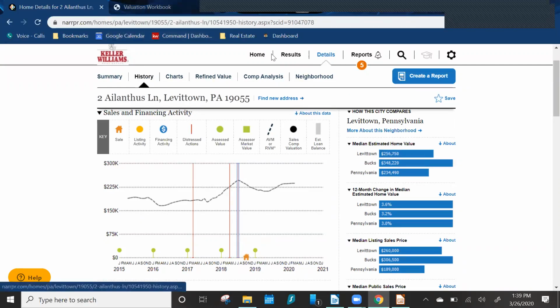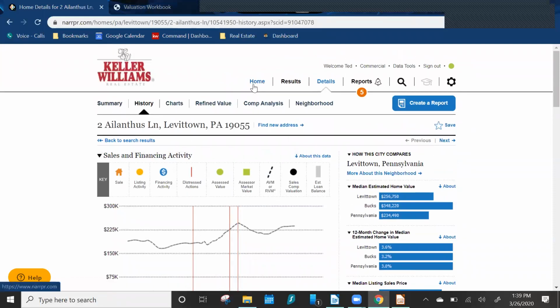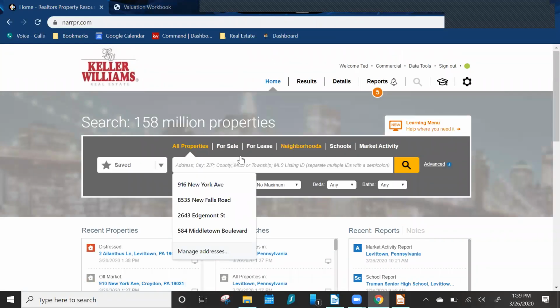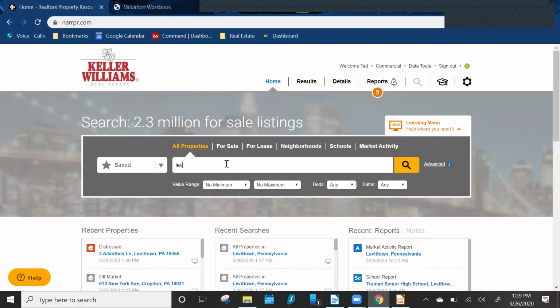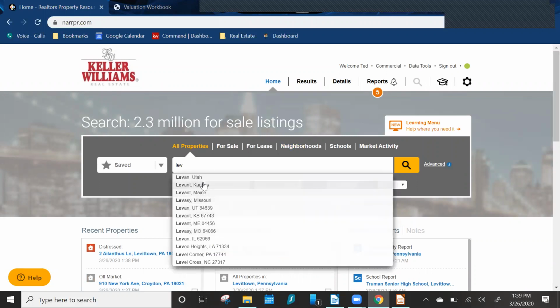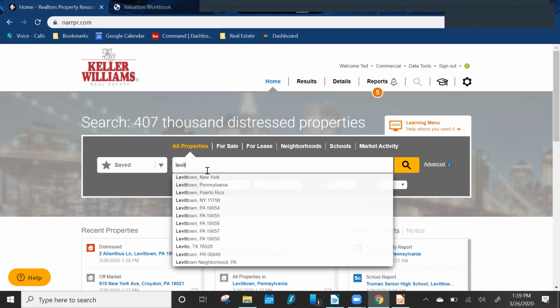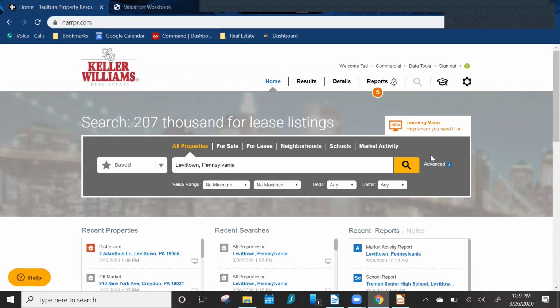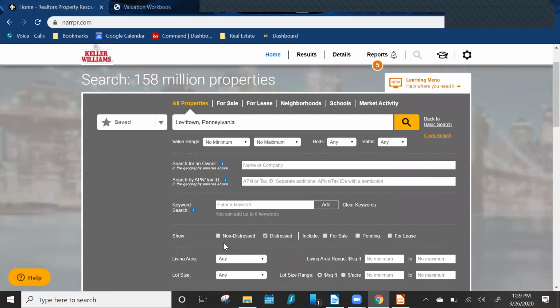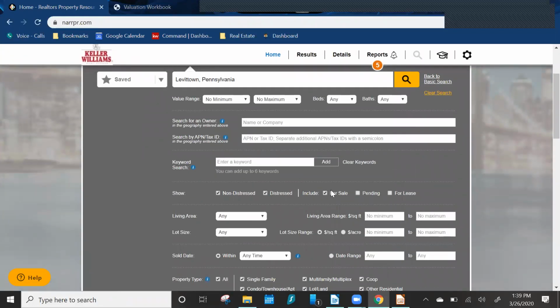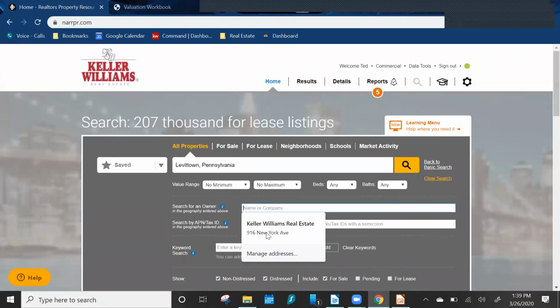For bank owned, back at that search section, when you come under Levittown, now this is where I've noticed that you have to kind of play around with the way that particular banks are listed. You would leave this all checked, or not for lease, but under the name of the owner, you're going to have to put in the name of the financial institution. So from what I've seen on other